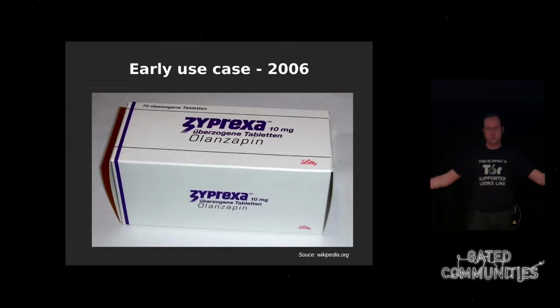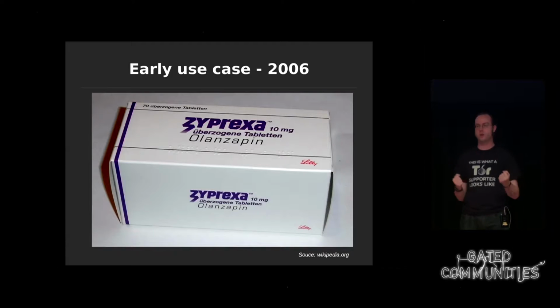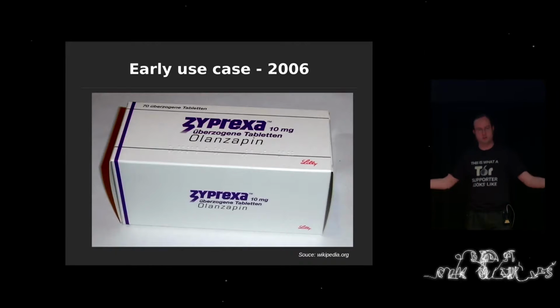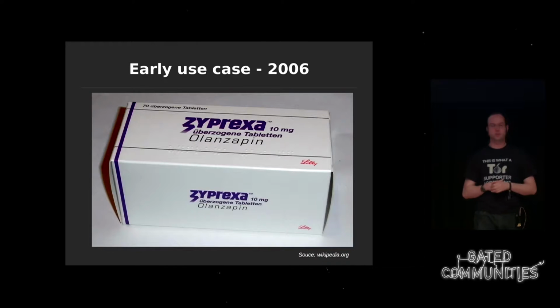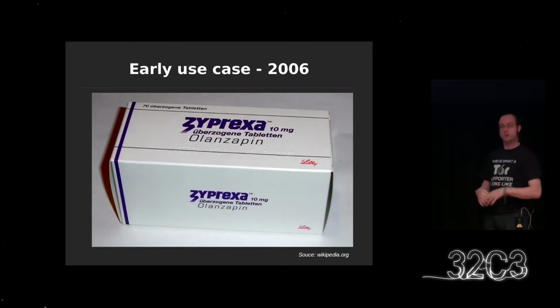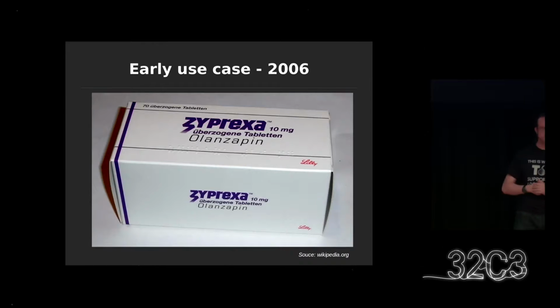Suddenly somebody set up a Tor hidden service with all of the documents, and Eli Lilly had no idea how to send a cease and desist to that address, and a lot of people were able to read about the corruption and problems with this drug company. So that was, on the one hand, yay.